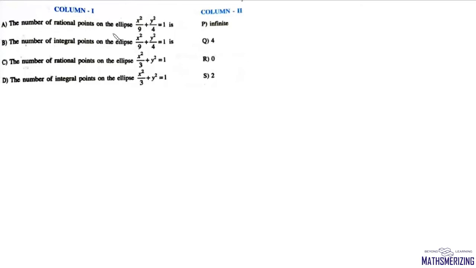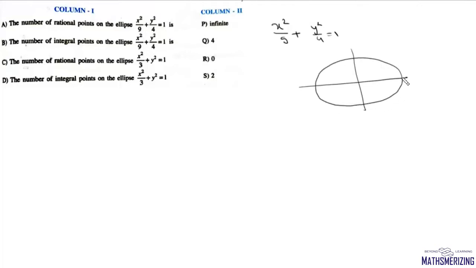Now here the question is number of rational points on the ellipse x square upon 9 plus y square upon 4 equals to 1. Now we can draw this ellipse. These points are (3, 0) and (-3, 0), (0, 2) and (0, -2). Now any general point on this ellipse is given by